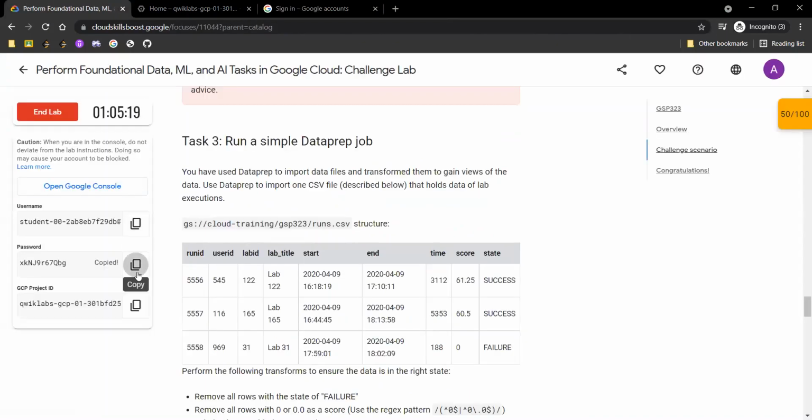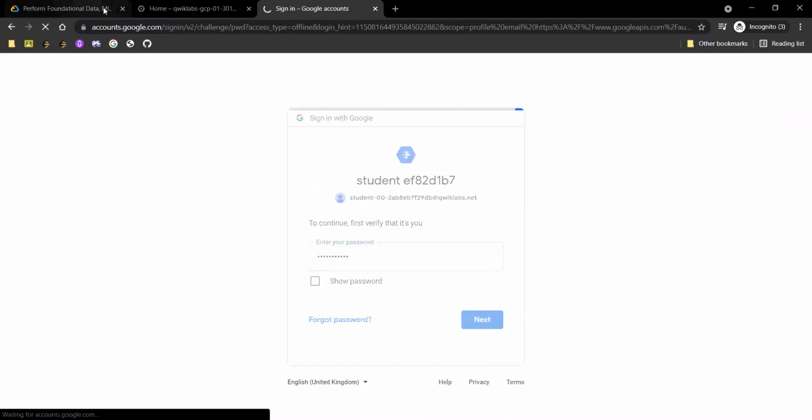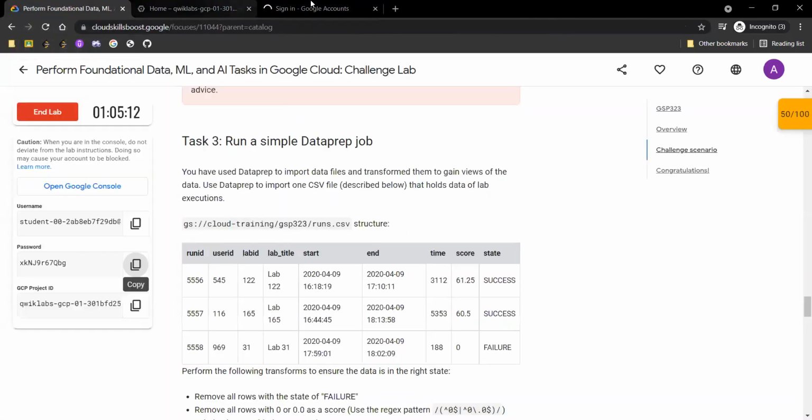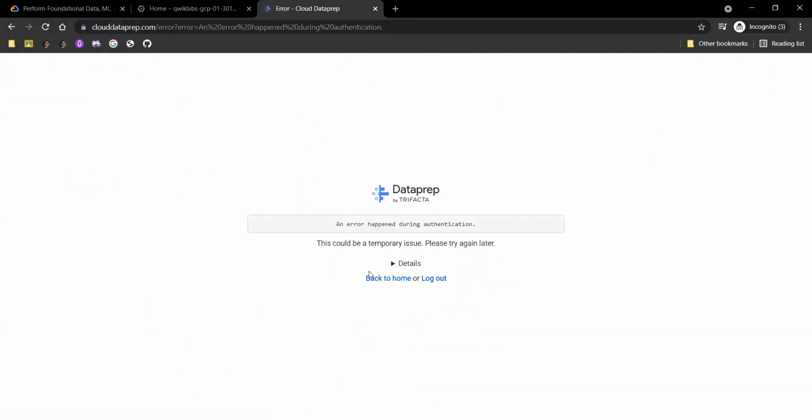Just copy and paste your credentials here. Click on allow. Click on back to home. And simply after some minutes, it will load up your Dataprep window.